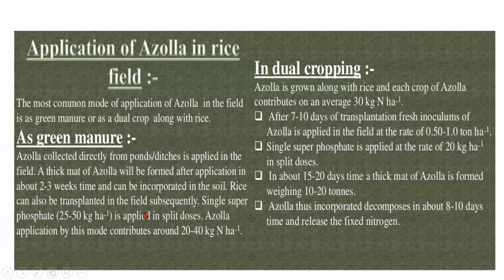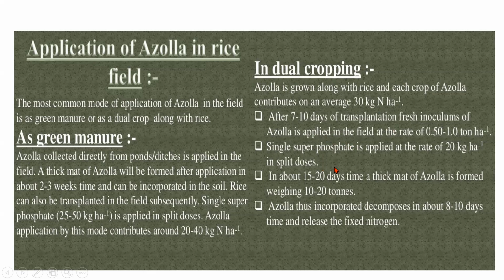So rice can be transplanted subsequently. Azolla application contributes about 20 to 40 kg nitrogen per hectare. What is dual cropping? It is grown along with rice. After rice is transplanted, water stands in the field, and in that standing water azolla will grow. After 7 to 10 days of transplantation, fresh inoculum of azolla is applied in the field, and single super